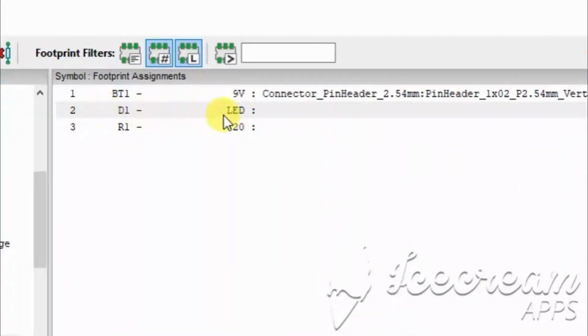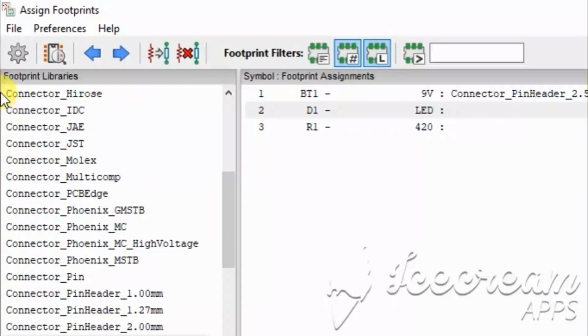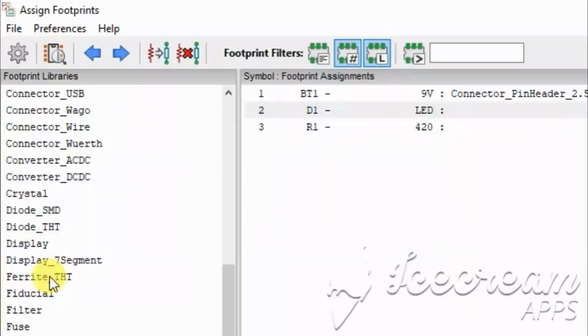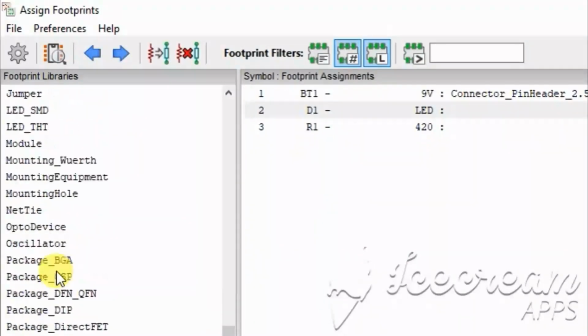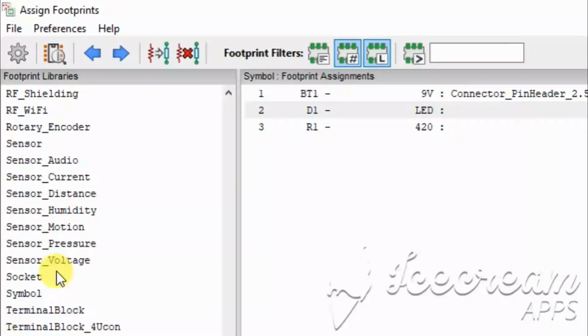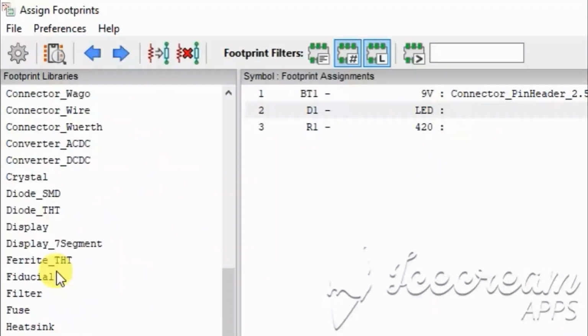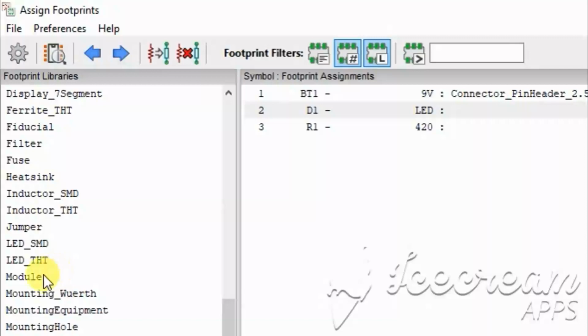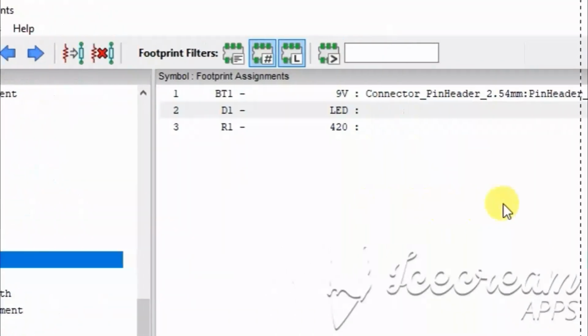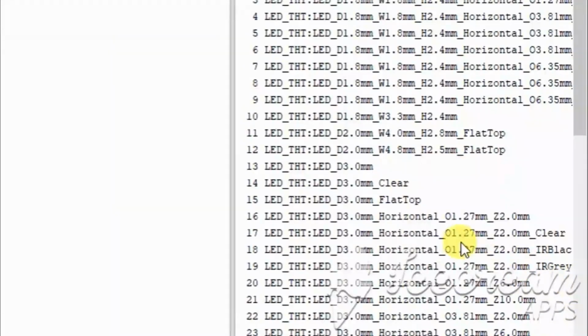And next is an LED. So you go to the footprint library and search LED THT. I search LED THT. See, this is the LED THT, shown in the filtered footprint area.